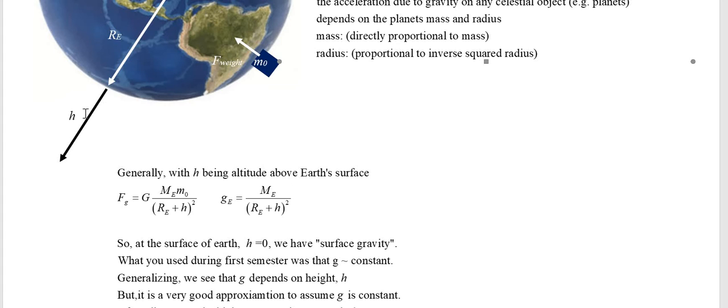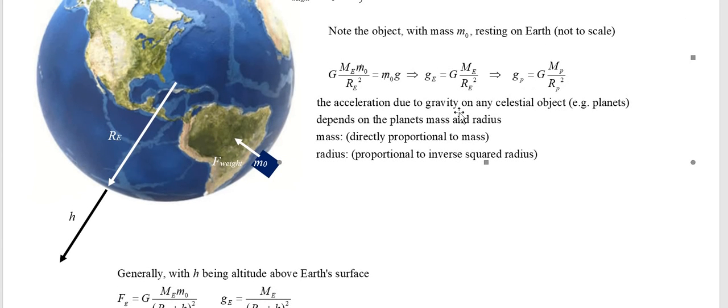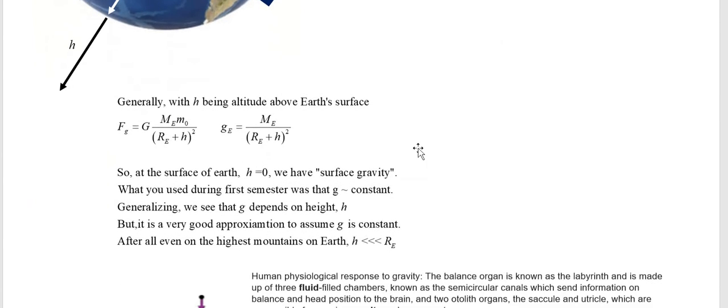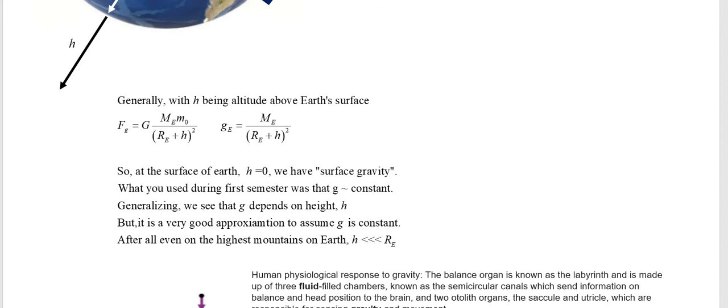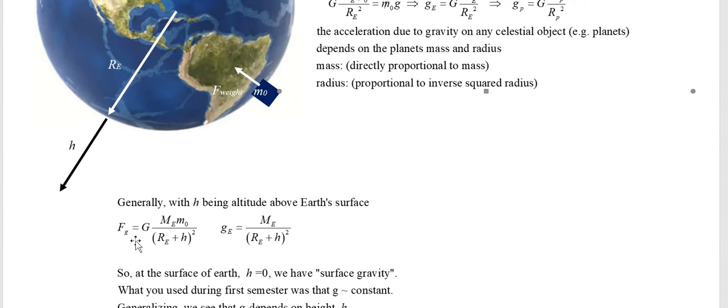Okay, now let's generalize this law away from the surface of the Earth to any height h, at any altitude. That's altitude, a distance from the surface of the Earth. Generally, with h being altitude above the Earth's surface, we need to make a correction for the radius of the Earth and just add to it the height, because now we have to measure this force from the center of the planet. So from here to here is our new radius. We just need to add the altitude to the radius of the Earth and then square it. Be careful there. You have to add the altitude to the radius of the Earth or some planet and then